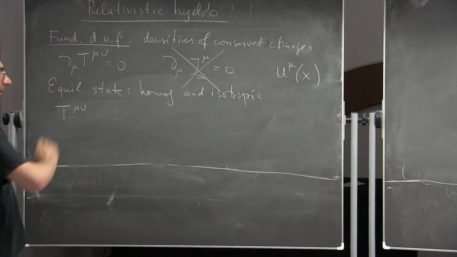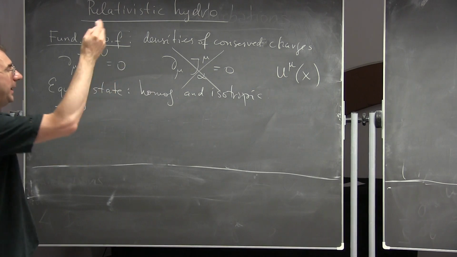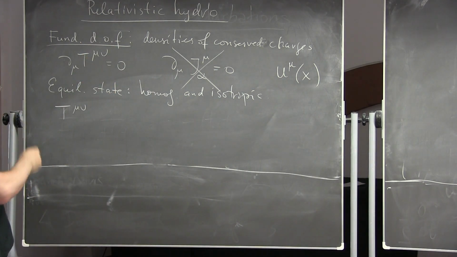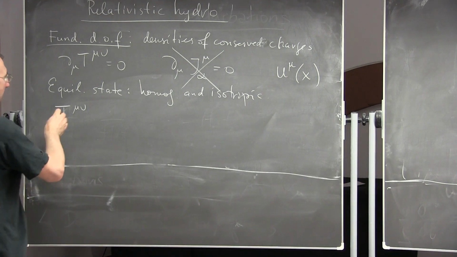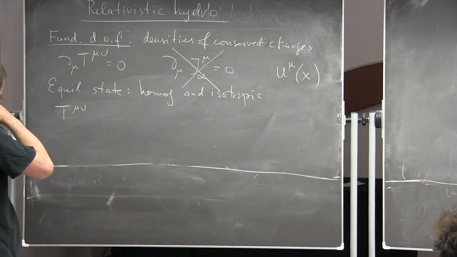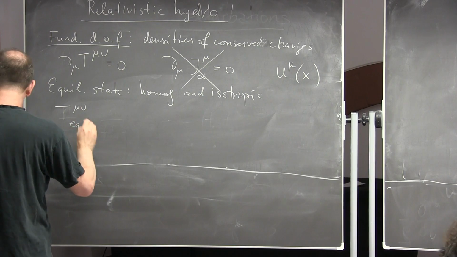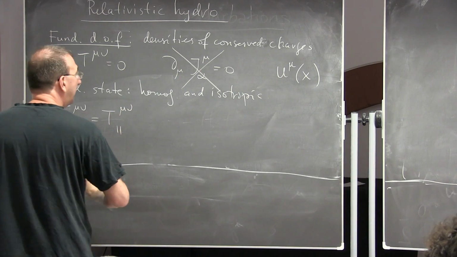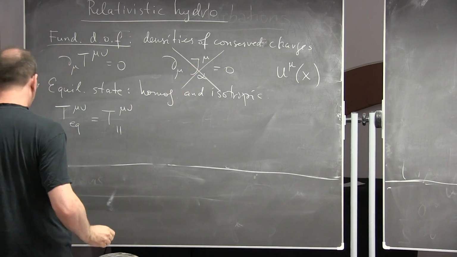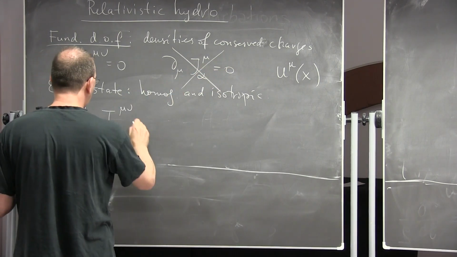So then why do we need this assumption? Because we want to write down what is known as a gradient expansion for our T mu nu. So we had equilibrium expression for T mu nu given by, so we split it with respect to this 4 vector u mu in 2 components.